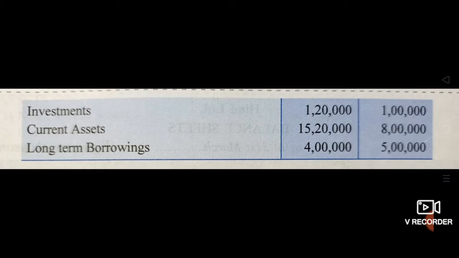Now from these given items we have to construct the items from the balance sheet as per the order of balance sheet, that is items of equity and liabilities first, and then in next part items of assets, and then we will write in first column first figures of 31st March 2016, then figures of 31st March 2017, then we will prepare column of absolute increase and decrease, and then last column will be percentage increase and decrease. Okay, so let's prepare comparative balance sheet now.